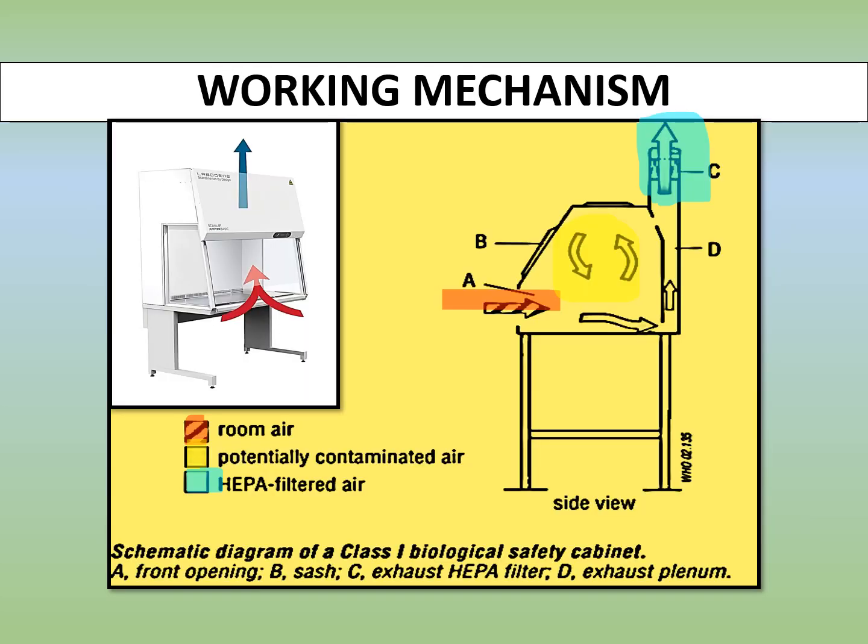In Class 1 biological safety cabinet, as the room air is carried away from the user, it provides protection to the user. This contaminated air then flows across the surface around the product and may contaminate the product. Eventually, this air is filtered off the system and provides protection to the environment, as the air that leaves the system is filtered air. So, this is how it works.